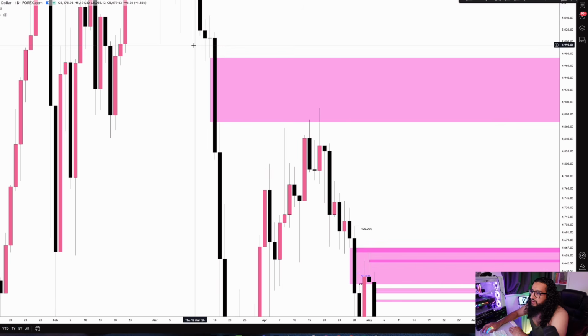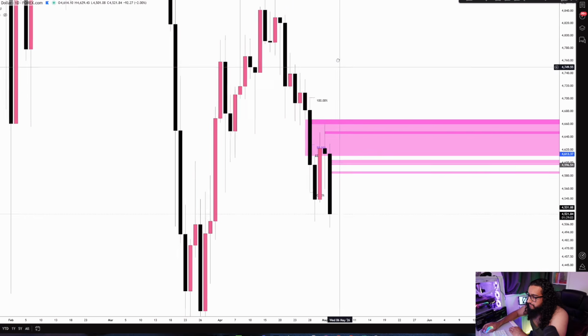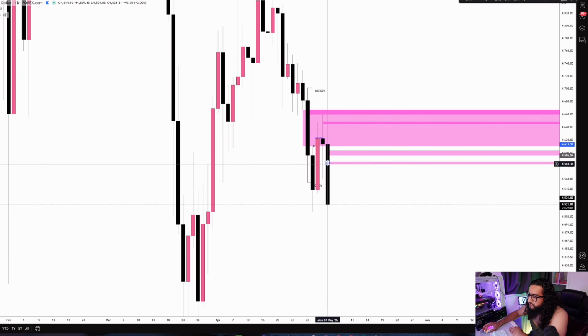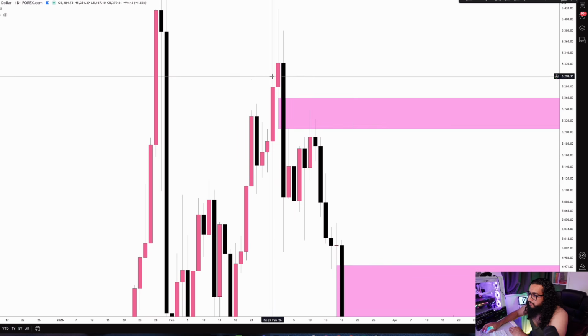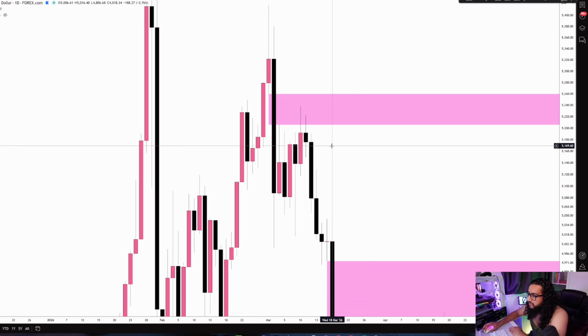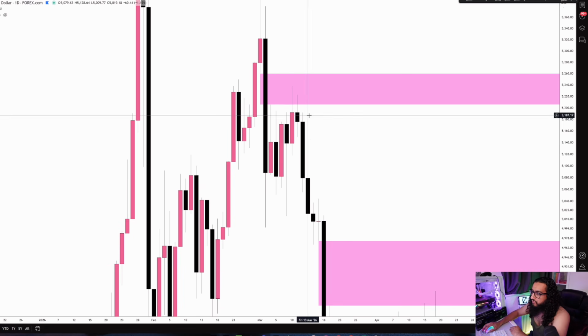Look over here. We have a daily inefficiency. Price came up over here. Look at this, yeah? Bullish candle, weak, small body bearish, big bearish. Bullish into a daily inefficiency, weak, small body bearish candle, big bearish. Same thing here. Bullish candle into a daily inefficiency, weak bearish candle with a small body, big bearish candle. So every time we had a bullish candle followed by a small, weak body bearish candle, that was followed by a big bearish candle right here,